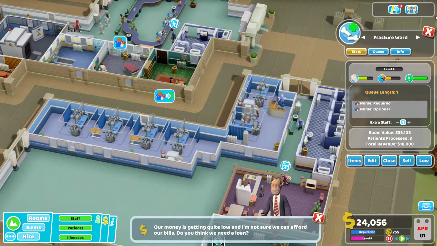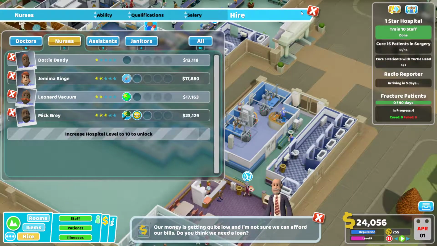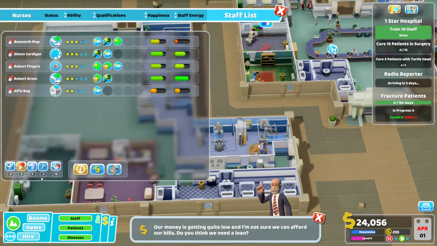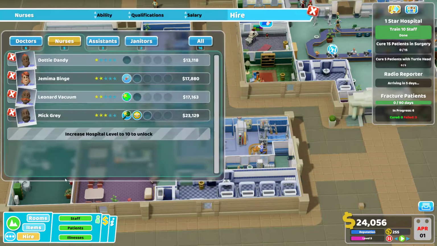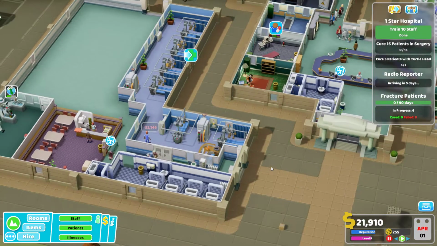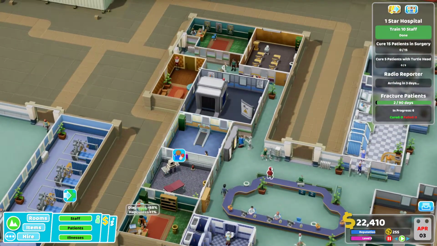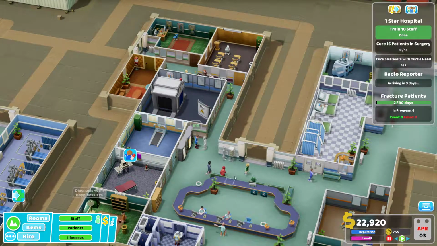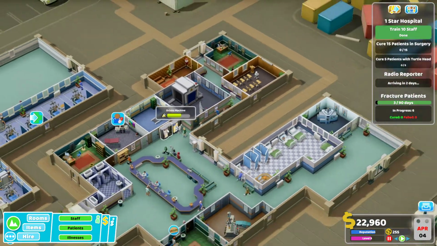We got one extra nurse here. We set them to important. We'll take a look at our staff and see. Staff is completely useless, alright. Might as well just get a new nurse then. Staff are reminded to get back to work. So I think